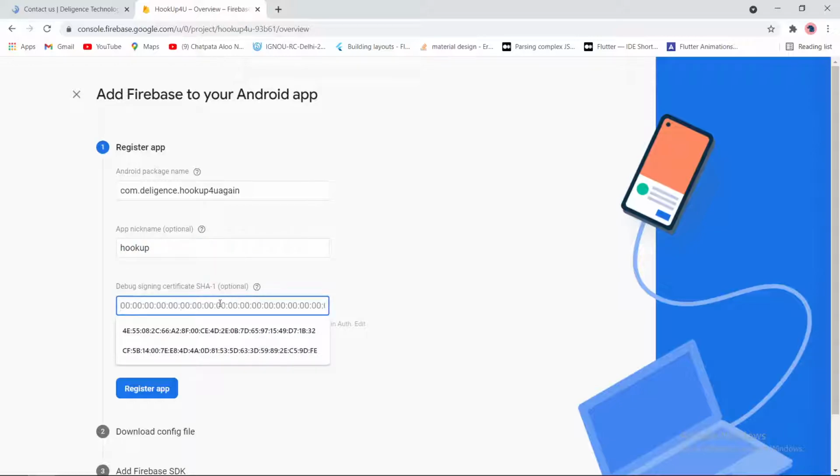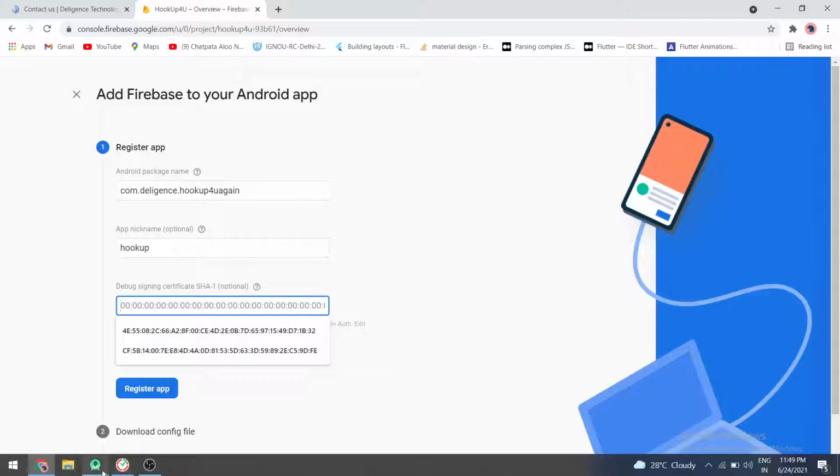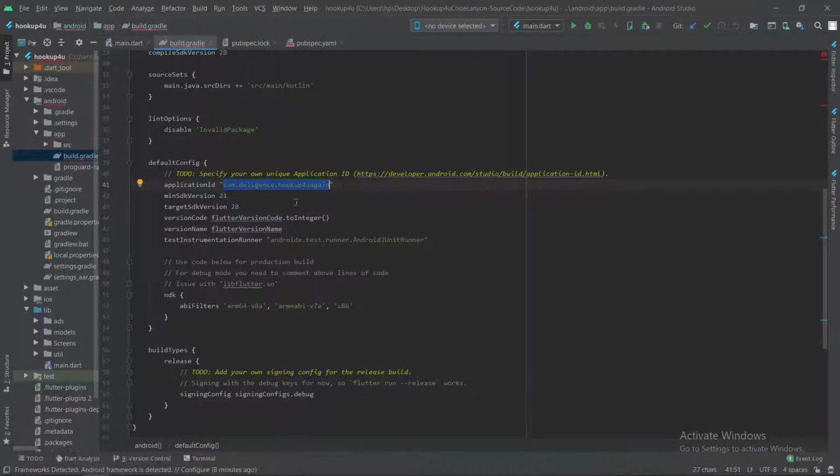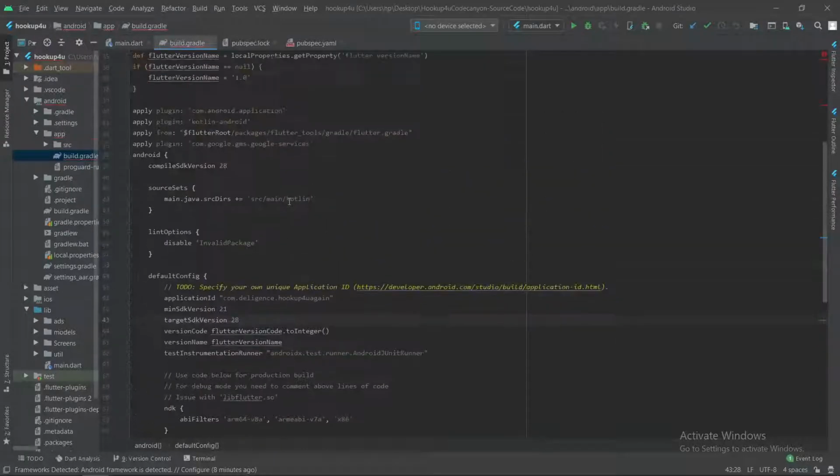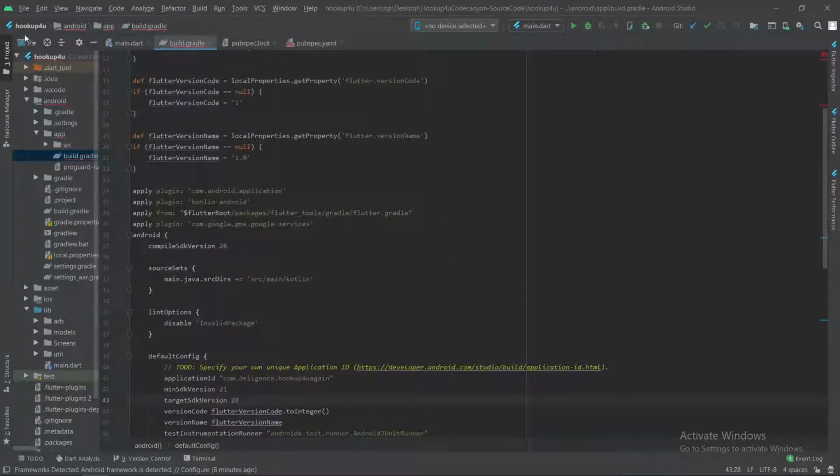And here it's asking for SHA-1 key. I have already mentioned the process of generating the SHA-1 key, but once again I will show you how to generate it. There are multiple ways of generating it, but the one I like most is to go to Android, then check for the gradlew file.